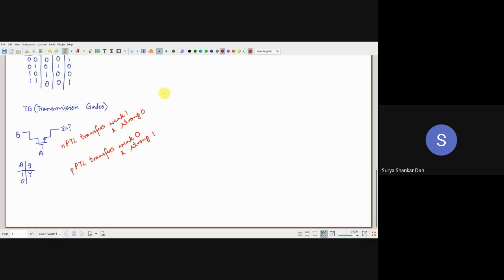Okay, so basically what I'm trying to tell you is that if this is your VDD, if it is an N PTL, so basically NMOS PTL, it will basically go like that. This variation is VTN. Okay, so if it is the other way around, यहाँ पर आपका VDD है, ठीक है, this is for NMOS PTL. अगर यहाँ पर आपने PMOS PTL किए ना, तब क्या होगा? क्या होगा?